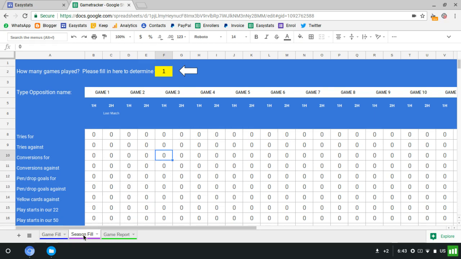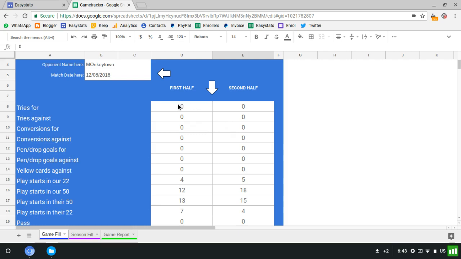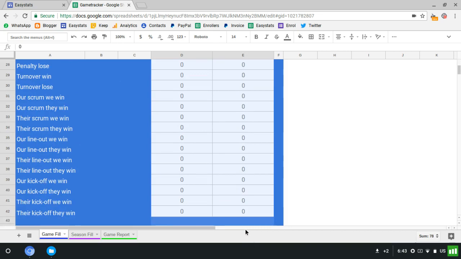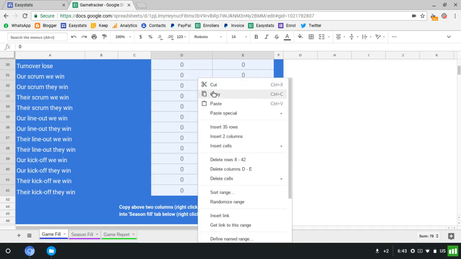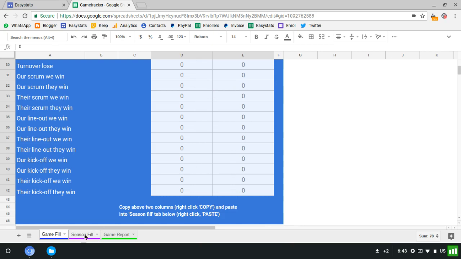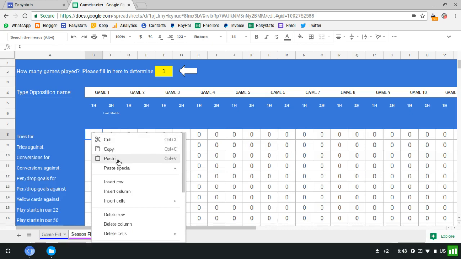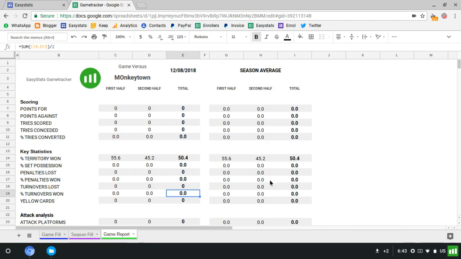All right, so let me show you how the season full works. Once you've put in all your totals over here, you simply click, drag over into your last column, and in this space, right click with your mouse to copy, and then you go to your season full. And that's going to go from the game one, and you're going to paste. Now all that data is there. So if we go to our game report, that should be exactly the same. The reason the season average and the game average are the same is because it's only the one game that's